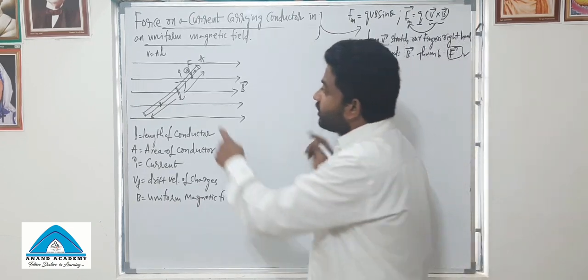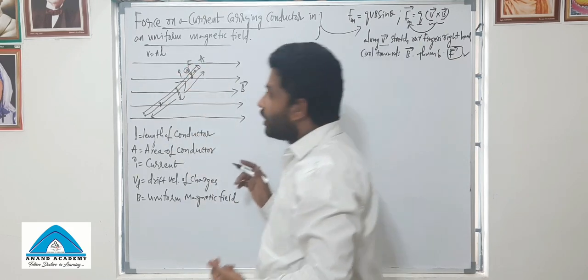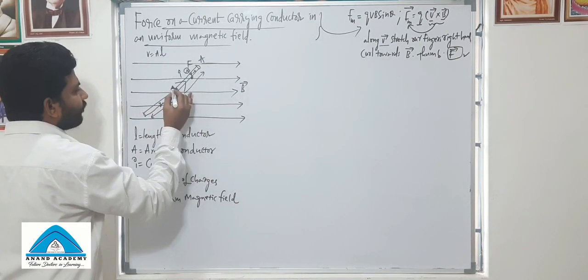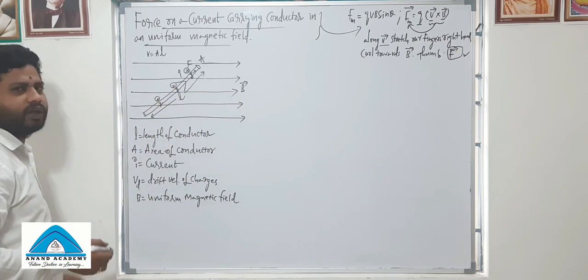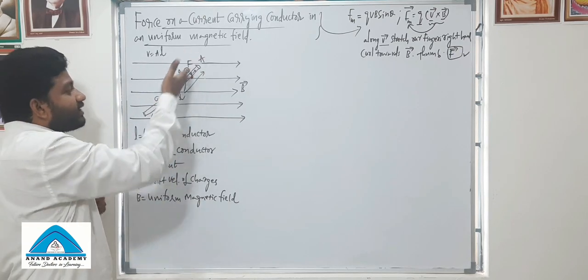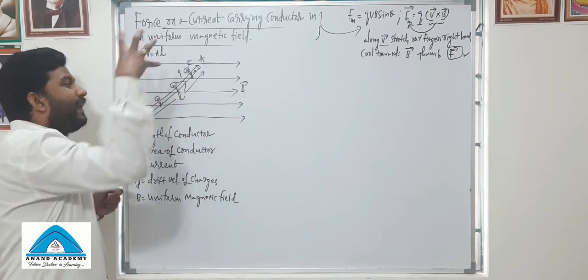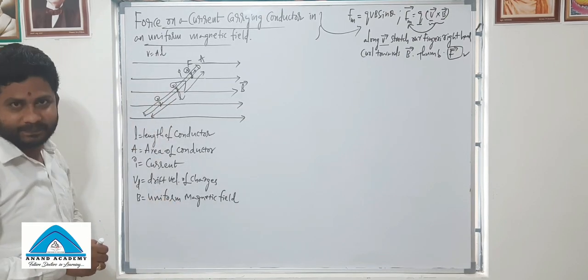So now, this is what I am representing. On this charge, the force is acting into the plane. Here also, on this charge, the force is moving into the plane. Here also, on this charge, force is moving into the plane. Okay, so you know the net force acting on this current carrying wire which is placed in the uniform magnetic field is what? Definitely it is into the plane.